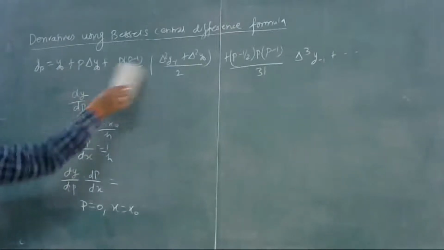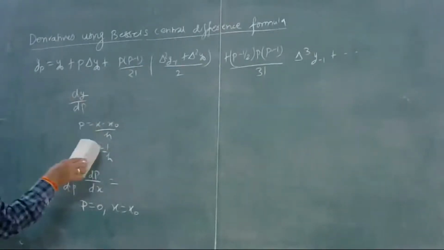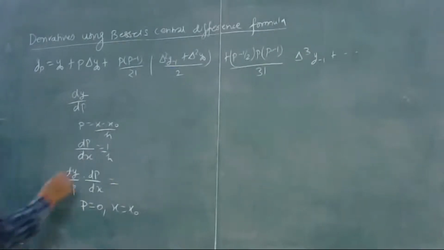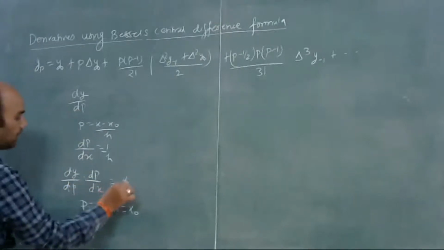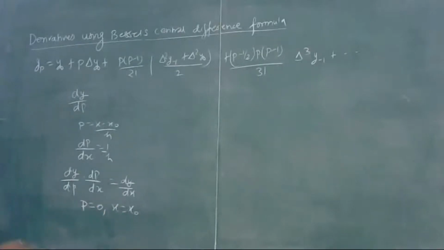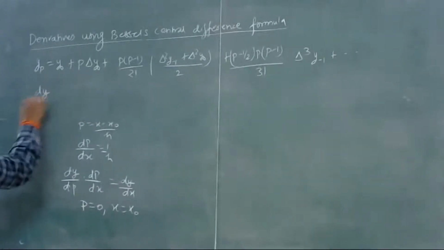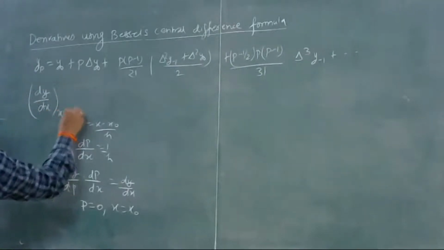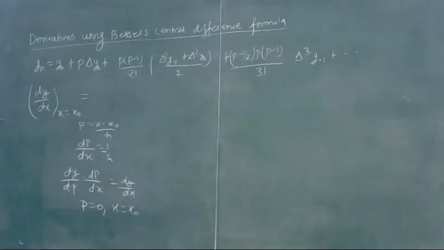So differentiate this equation with respect to p, then dp by dx will be 1 upon h, and if you multiply this equation by dp by dx, you will get dy by dx. Substitute the value of p, and when x is equal to x naught, you will get the value of dy by dx. So I am writing directly dy by dx at the value x is equal to x naught, which is equal to